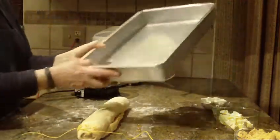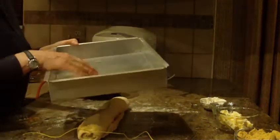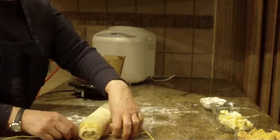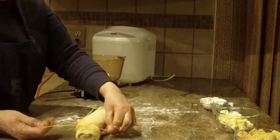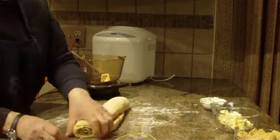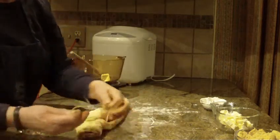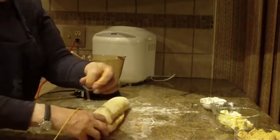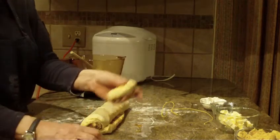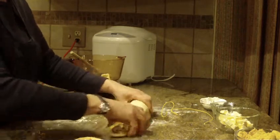You're going to need a pan. I like to use a nice deep pan like this one, ungreased. And I'm just going to cut a couple here to show you. And we're just going to step away from this for just a second. And you can see how pretty they look, because we're going to need to make the topping, which makes it